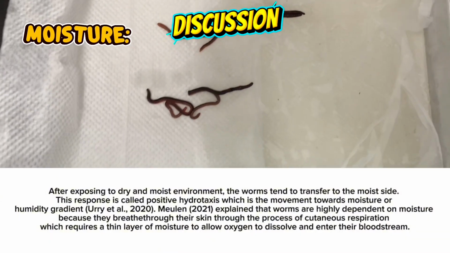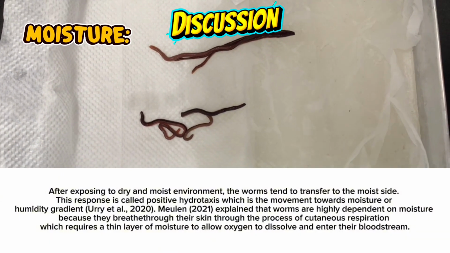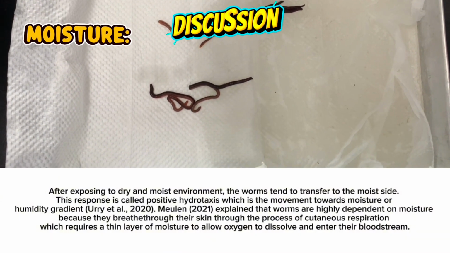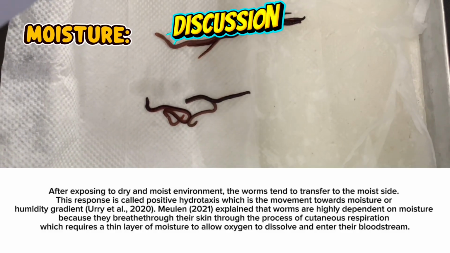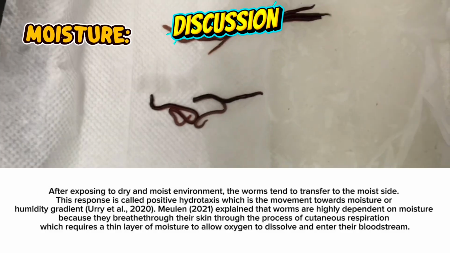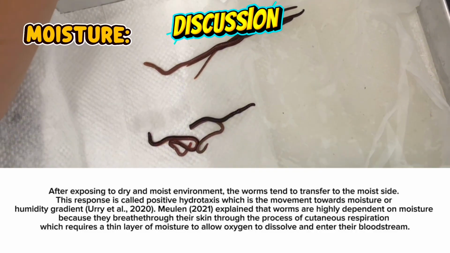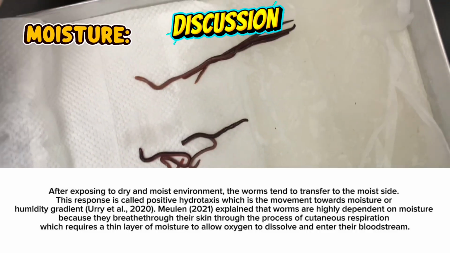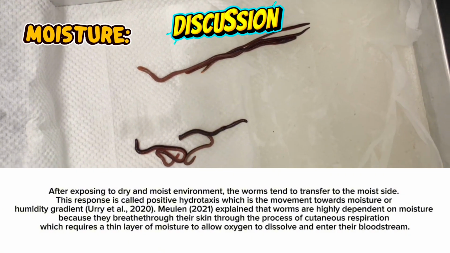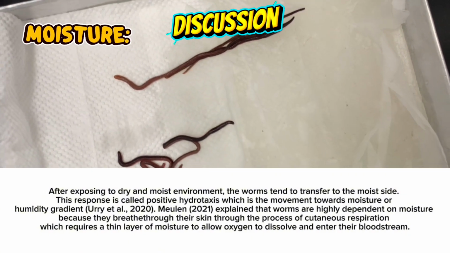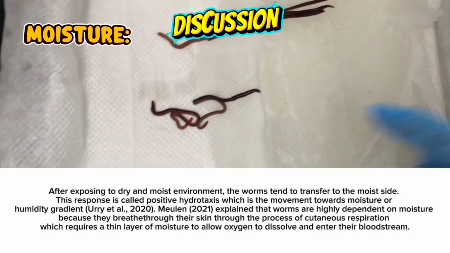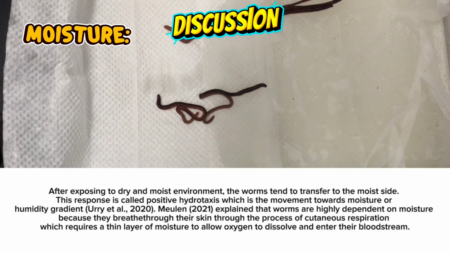This response is called positive hydrotaxis, which is the movement towards a moisture or humidity gradient, according to Uri et al. in 2020. Mullen in 2021 explained that worms are highly dependent on moisture because they breathe through their skin through the process of cutaneous respiration, which requires a thin layer of moisture to allow oxygen to dissolve and enter their